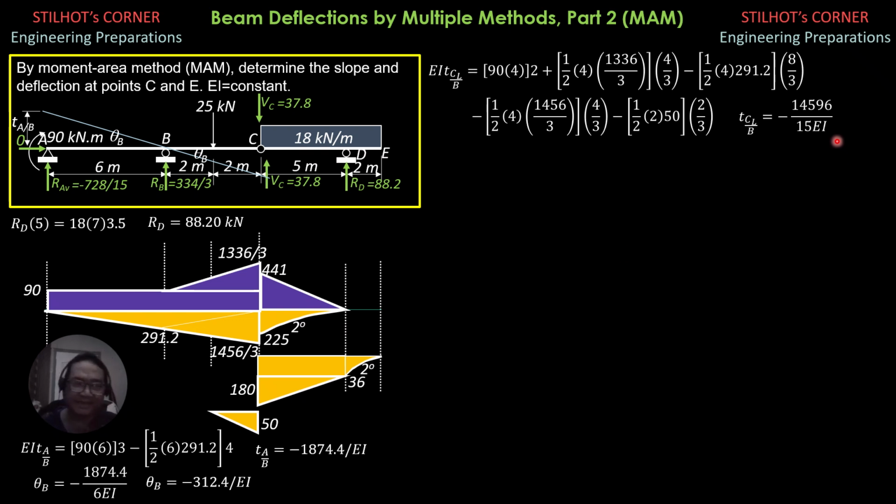What does that mean? It means that the hinge is below the reference tangent at B. So it is somewhere here. And the vertical distance between that reference tangent and this final position of C is the deviation of C left relative to B. So it's negative because this point C, the final position of C, is below the reference tangent at B.